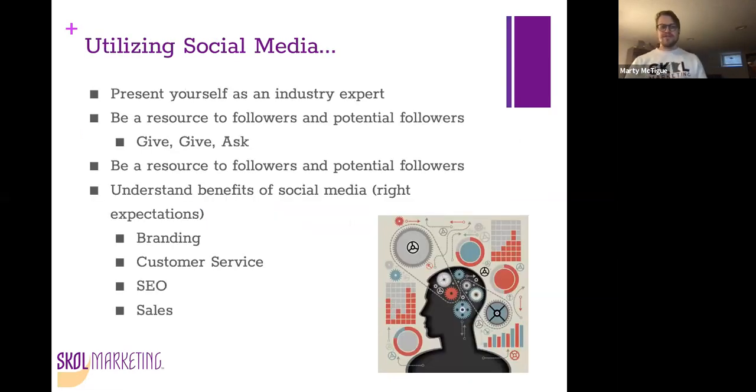When you're utilizing social media, the big key is you want to present yourself as an industry expert. The idea behind being on social platforms is not about selling. You don't want to just push your product, push your service, push your everything. So we talk about give, ask. When you are putting those posts out there, you are giving away information.